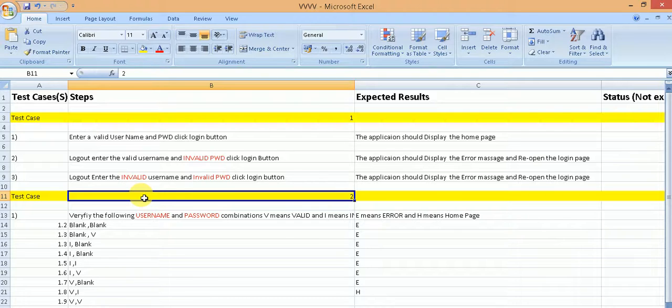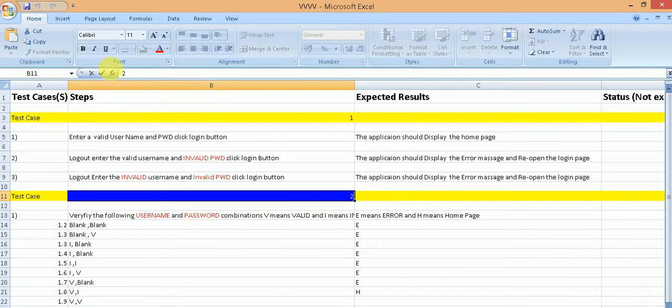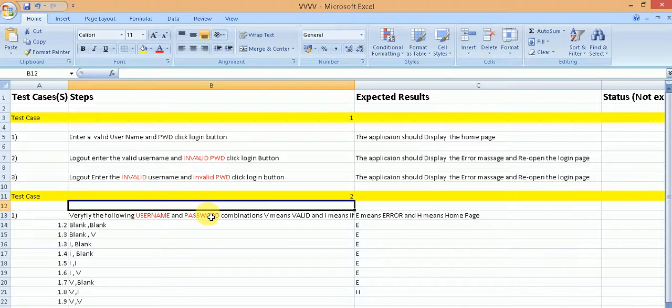So this is an example where the tester has compromised. Well, they have covered some testing in the sense that they have both positive tests and negative tests, but all the possible combinations which the real users of the application may give, those are not tested over here. And also it takes a lot of time to write because there is a lot of text over here. So what is the solution?